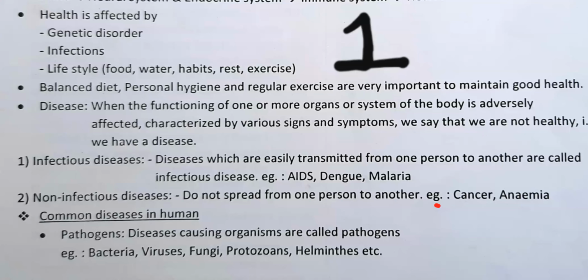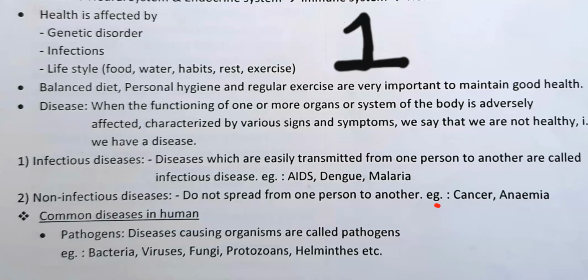Very few diseases are caused by helminths. Some are caused by prions. Some of them are caused by some other structures and organisms. But by and large, four major groups are there: viruses, bacteria, fungi, and protozoans. And additionally, prions and flatworms and roundworms, etc., can also cause certain diseases.